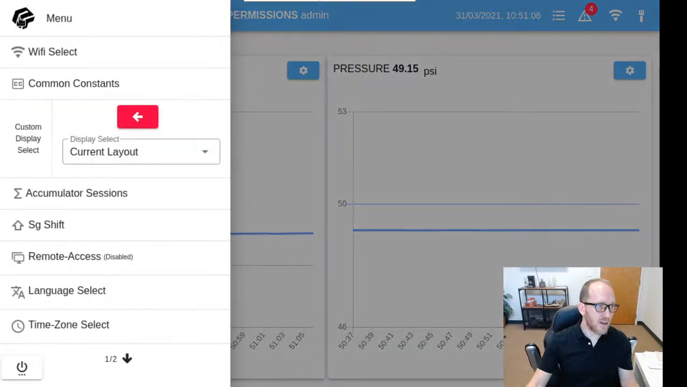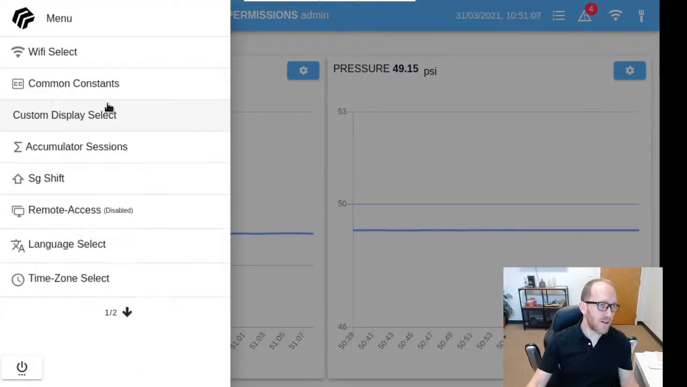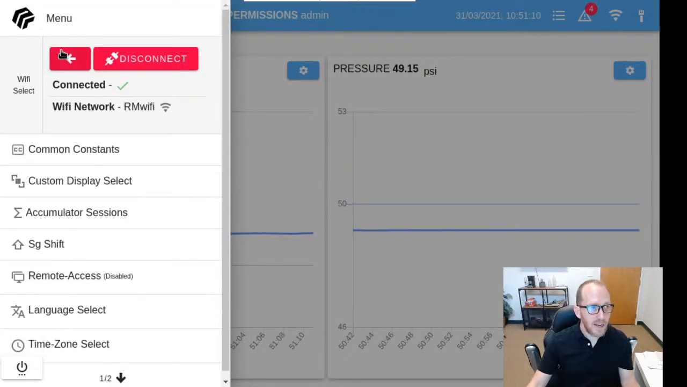Within this top left menu here, you have a lot of different features. Now, one of the things we listened to from the field from our original software is that getting on Wi-Fi just